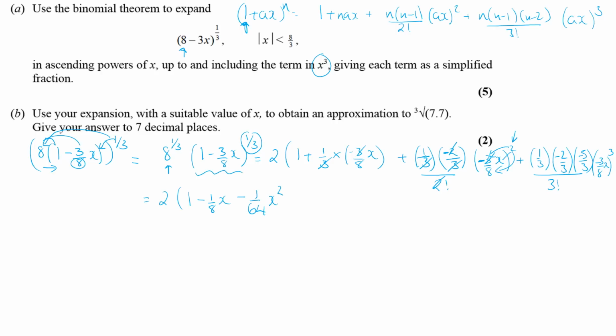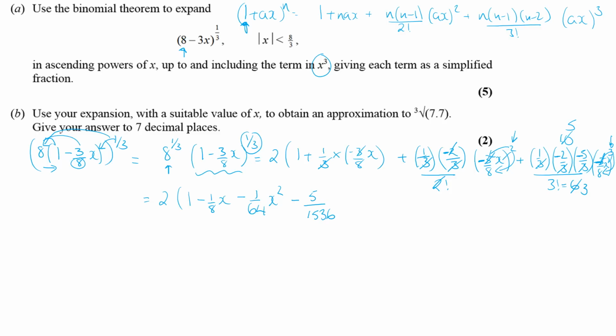Moving along, I can do the same to the next one. I've got 3 3's on the bottom here, and that cube needs to cube everything in the bracket, so that will cancel with that 3. We're going to have a resultant minus because the power is odd here. These 2 minuses will cancel and have 10. 3 factorial is equal to 6, and I can divide top and bottom by 2, so that will be 5 and 3. So all I need to do is say it's going to be minus 5 over